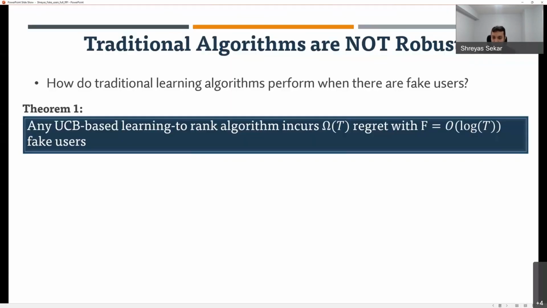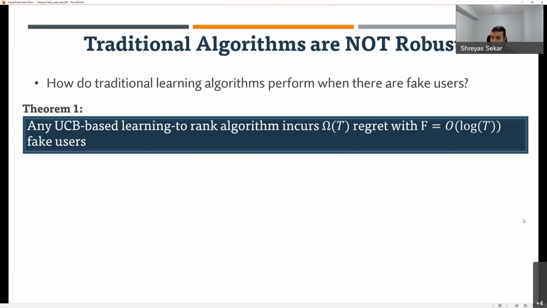All right, first question. Obviously, we aren't the first people to look at online learning. There's been tons of work. And in particular, when you talk about multi-arm bandits, people have looked at algorithms like UCB, which have done quite well, both in theory and in practice. Okay, so let's use this as a starting point. How do these UCB type algorithms work? Are they any good when you have fake users?